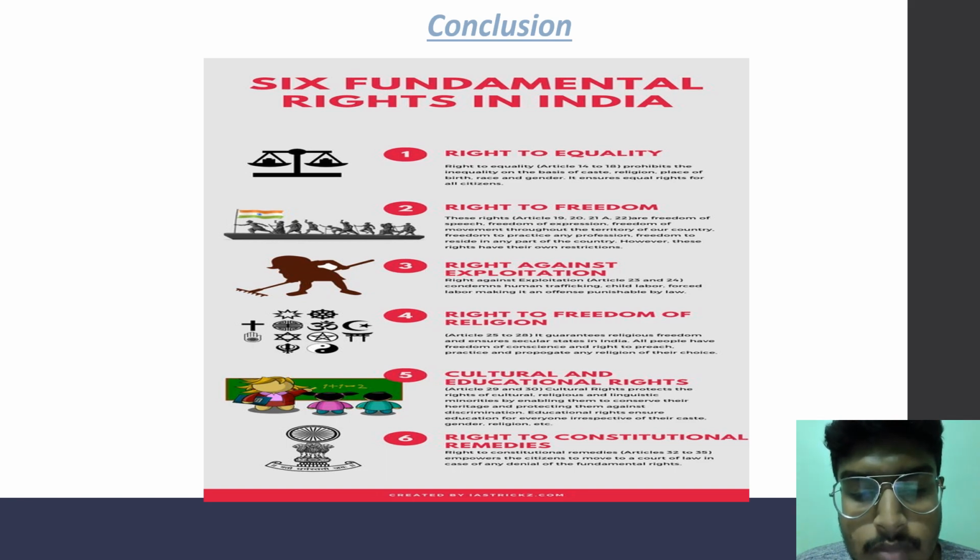And the last is number 6. Right to constitutional remedies. Right to constitutional remedies, Article 32 to 35, empowers the citizen to move to a court of law in case of any denial